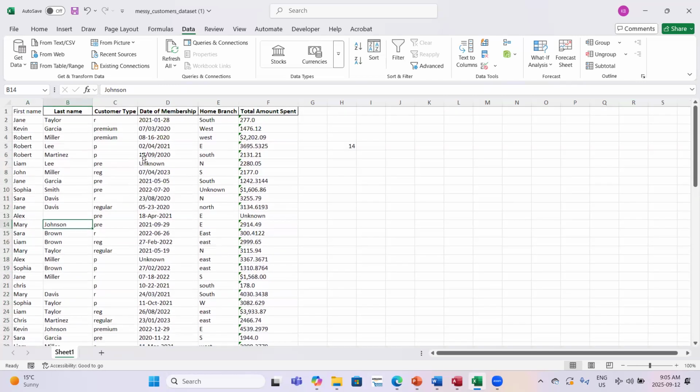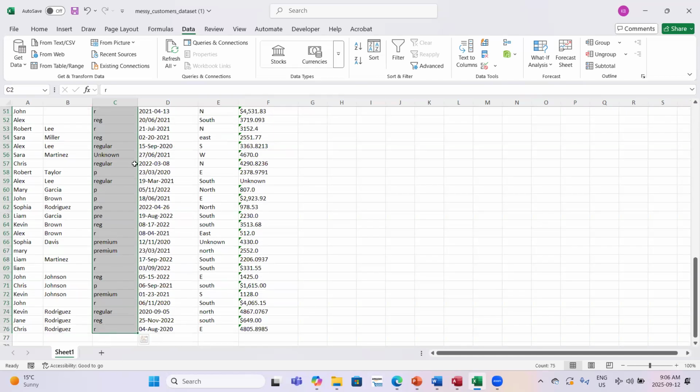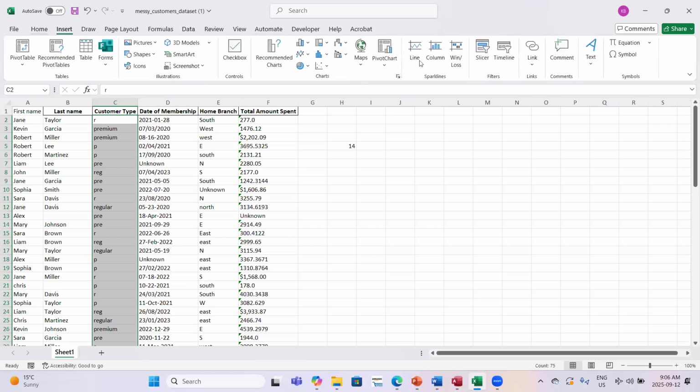Now, continuing on from the issue with formatting and data types, here we have customer type. It's very inconsistent. So there are two types of customers, premium and regular. Some have just R for regular, some have REG, some have the word. Same for premium, some have P, some have PRE, and then some have the full type. So what we're going to do is another find and replace function. So here we're going to highlight the whole column, and then we are going to use the